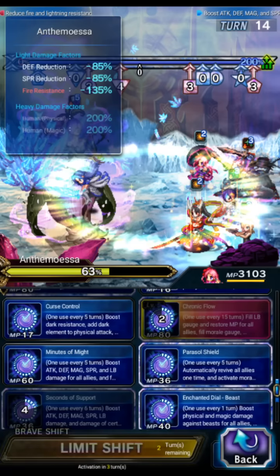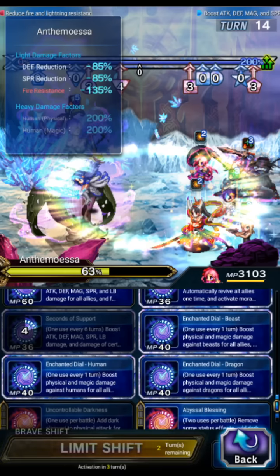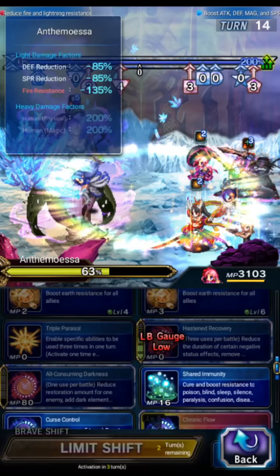Do we need Curse Control, honestly? You know, I don't think we need that. So we're going to actually not do that. Yeah, there's no need for that. So we're going to Human Killer Dwayne. We're going to Minutes of Might. And we're going to just...